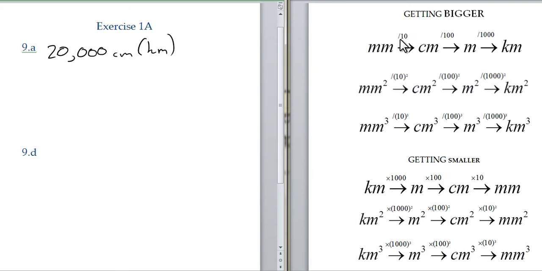our getting bigger chart, we see that we can't actually go straight from centimeters to kilometers. We have to go to meters in between. So this is actually a two-step problem. Step 1 will be to convert from centimeters into meters, and then step 2 will be to go from meters to kilometers. So for step 1,